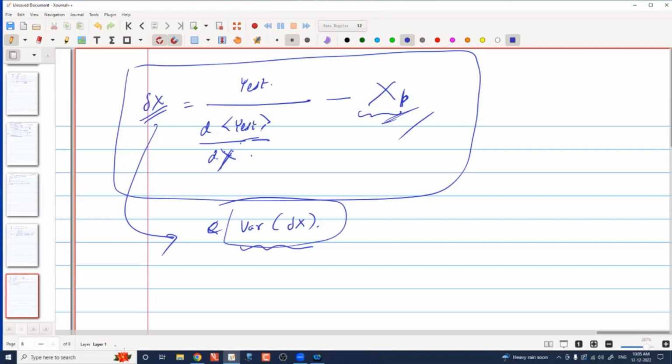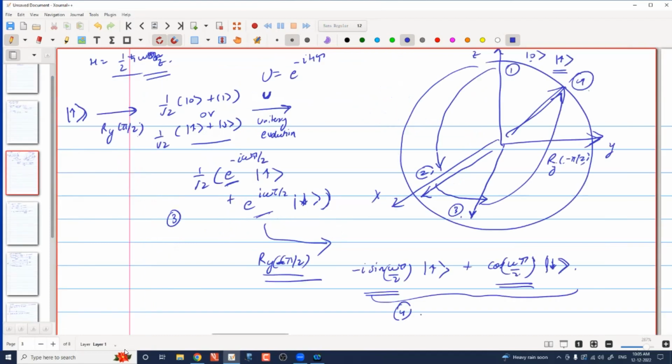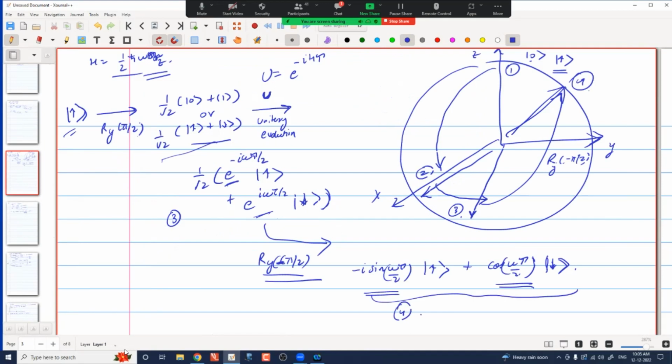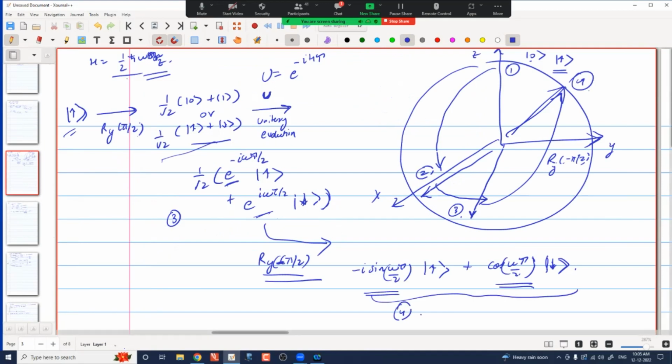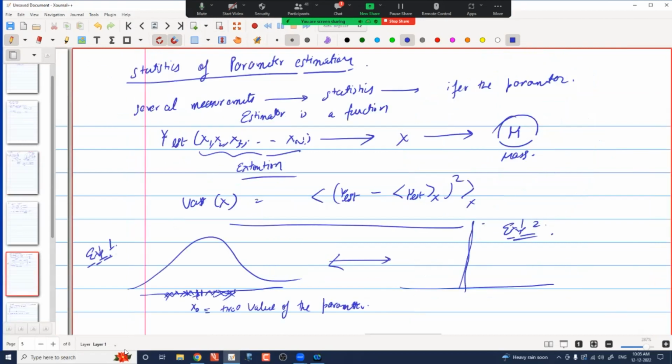Now, let's come to our example over here, which, to remind you again, we did what we did. We prepared the state, we rotated it, we evolved the system through a Hamiltonian where my parameter was hidden. I got the information of the parameter in terms of relative phases, and I rotated again to get the phase information into the amplitude information. So the question is, okay, I need to,